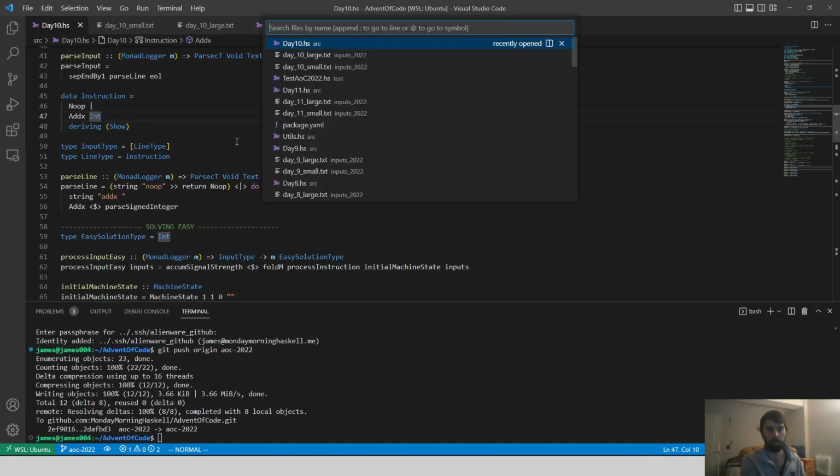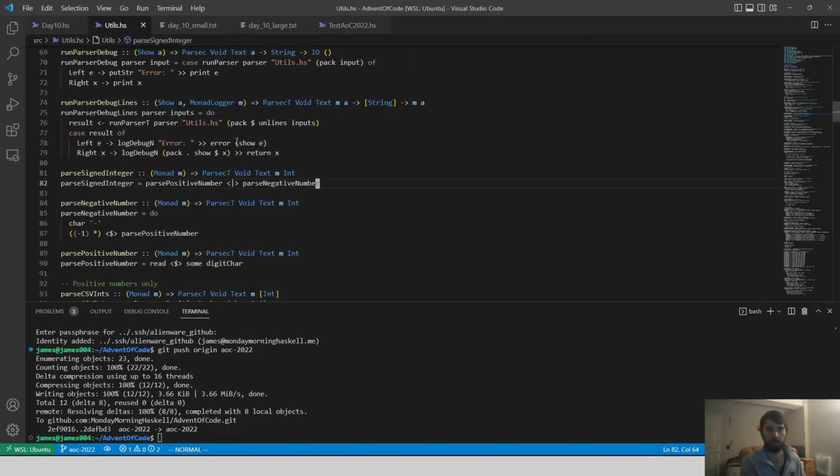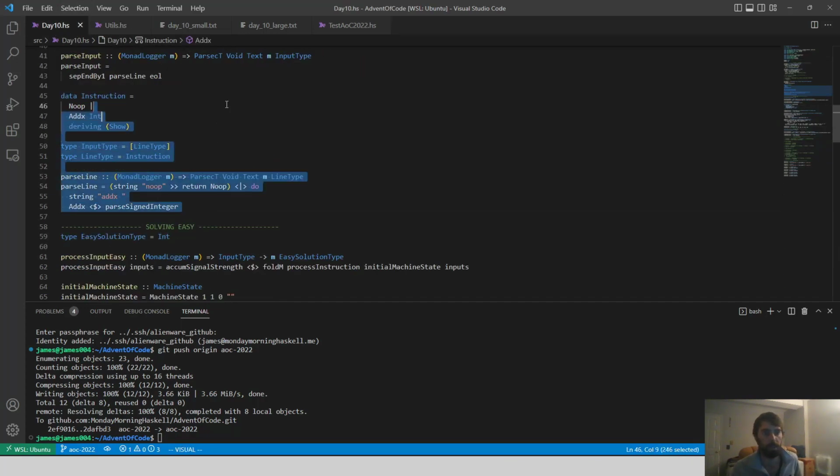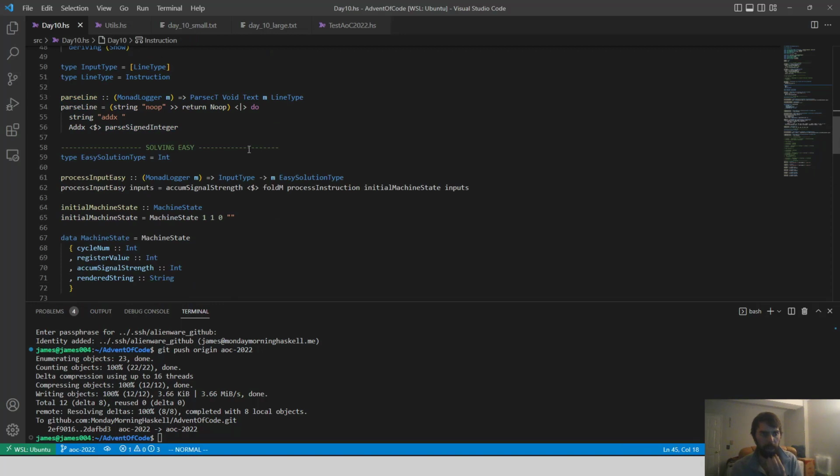I guess I'll open up the utils just so we can see what that looks like. We can either parse a positive number or we can parse a negative number. And how do we parse a negative number? Well, first we take the character negative, and then we parse a positive number, and we multiply the result by -1. So nothing too complicated with parsing this. Where it gets a little more tricky is that